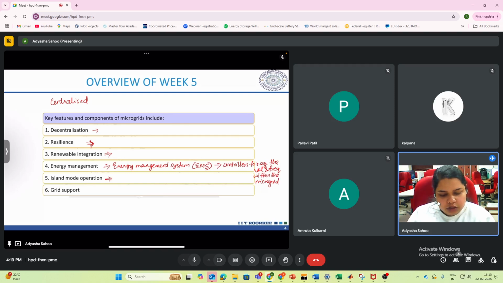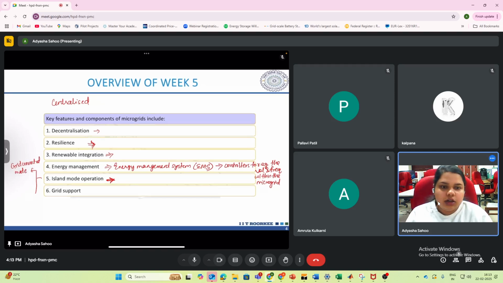Then the islanded mode of operation. So the microgrid has two modes of operation, we'll see. So first is the grid connected mode. So we had seen it in the previous slide where it was connected to the bulk grid through the PCC and through the transformer. Then the next one is the islanded mode of operation, which means